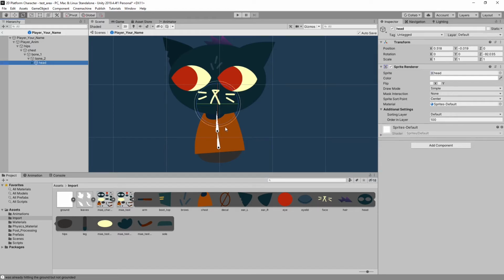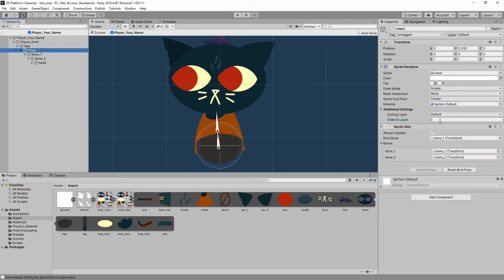And sometimes you might want something in between the two, like a collar or your arm. So I'm going to set the hips to be... How far back did I go in my head? Did I go all the way to 90? Let's set it to be 80. We don't have very much on the chest to worry about. I'm going to set it to be 80. Then the chest is going to be 81. And we also have a decal that I can put on the